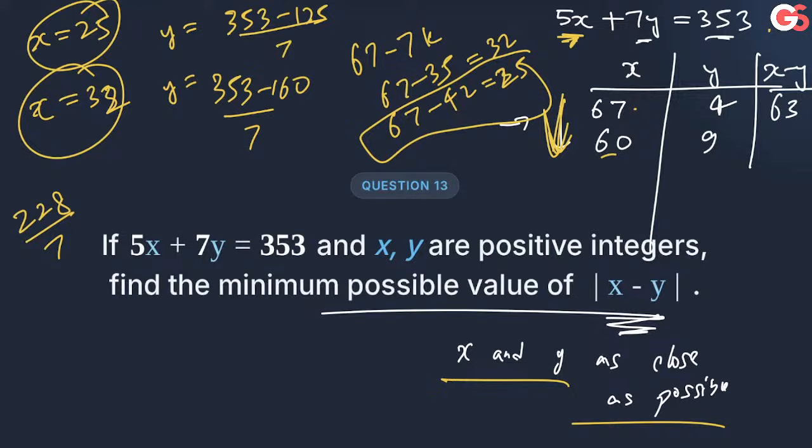32 29 तो नहीं होगा ना अक्षर, 7 से कम होगा ना. Is the first value correct? The first value is correct or not? Let's check it out. 5 into 67 is how much? 335. And 7 into 4 is how much? 28. तो इसको ऐड करने पे हमारा,